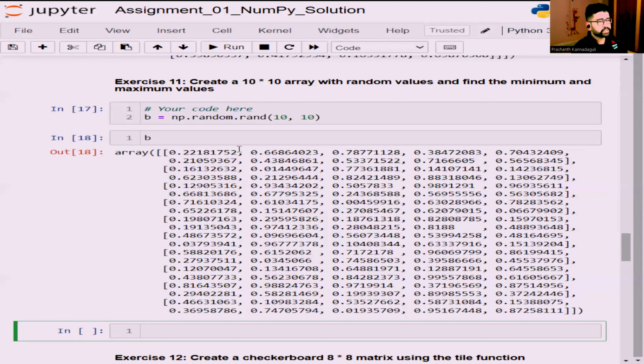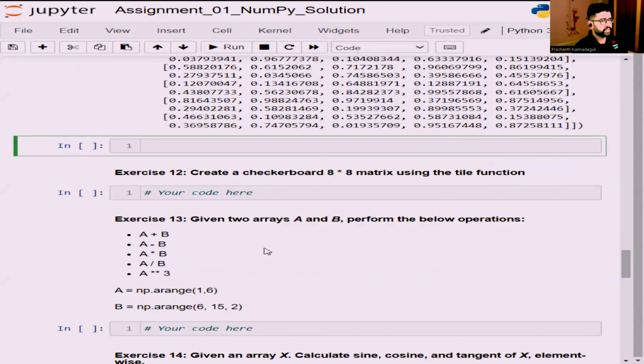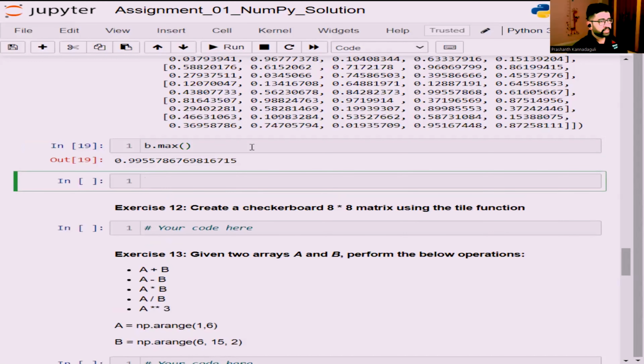So this is B, 10 cross 10, so totally 100 values are there. Inside this, I need to check out the maximum value. I should use np dot max of B, that will work. Or simply I write B dot max. That's the highest value that is present. B dot min